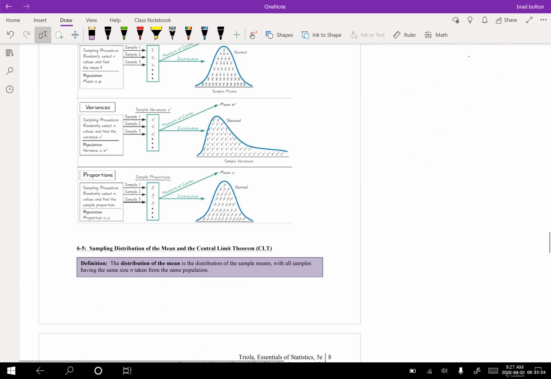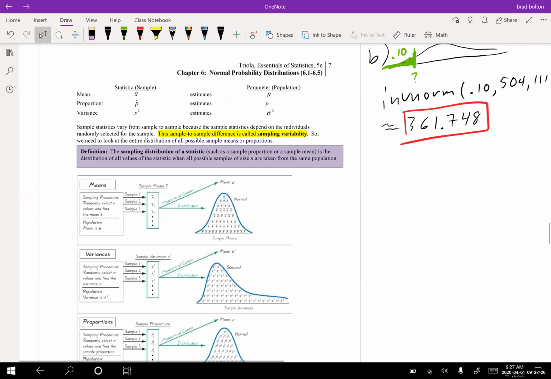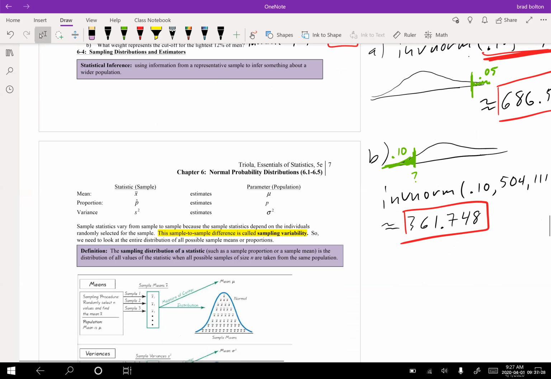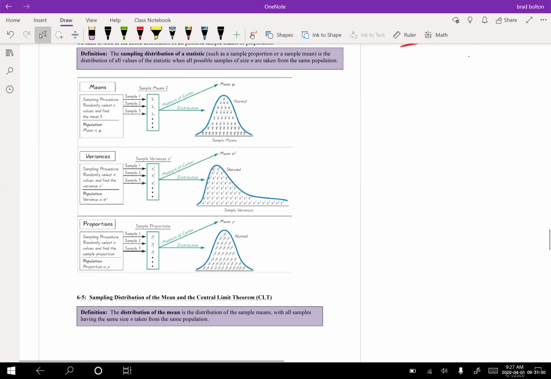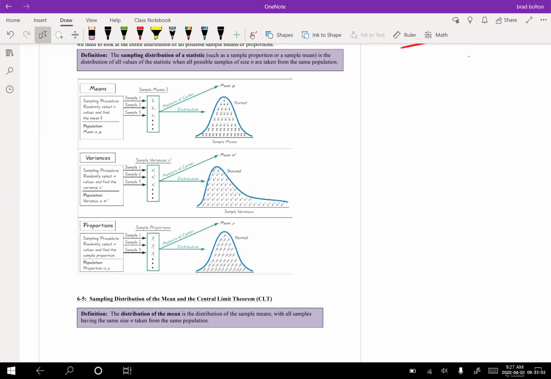Okay, you guys, I don't spend a lot of time on this normally. But basically, we're going to get into the central limit theorem in the next section. So I have a small little animation I'm going to show you guys. But basically, what this is trying to say in the central limit theorem is,